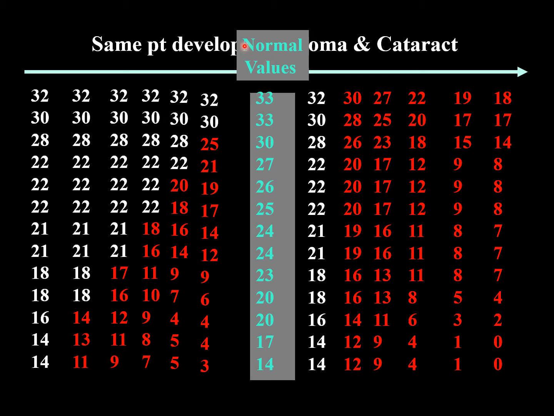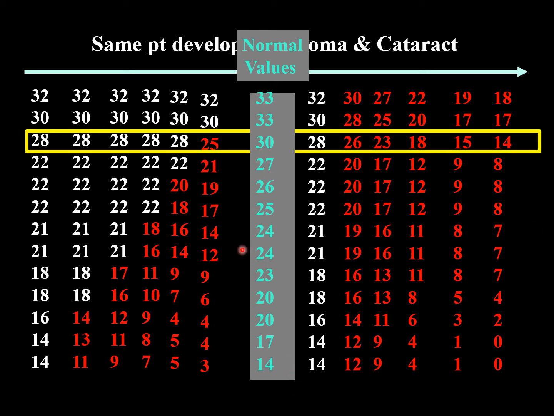Now here are shown the normal values of that age, arranged from the highest to the lowest. If we go to the location 85% and compare the numbers of our patient to the normal, the difference here is 2. This time the difference is 4. At this time the difference is 16. So every time we make such a comparison, the difference will be added. This way we are going to reduce or remove the effect of cataract.